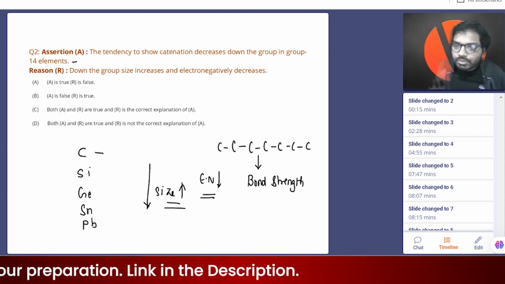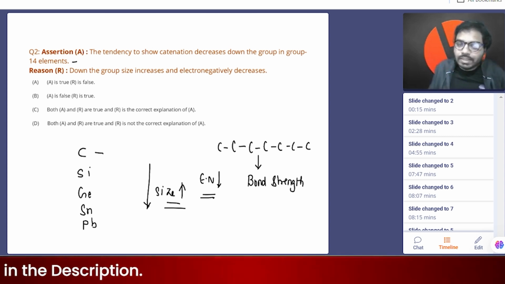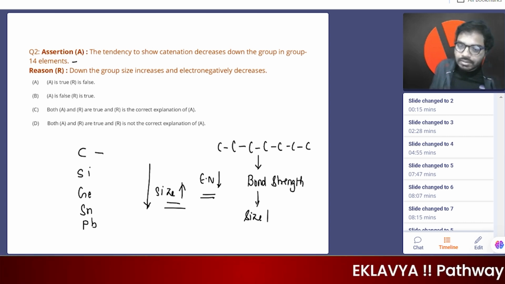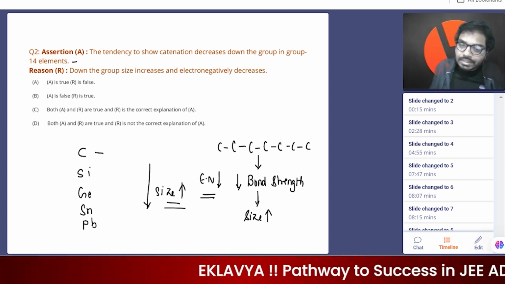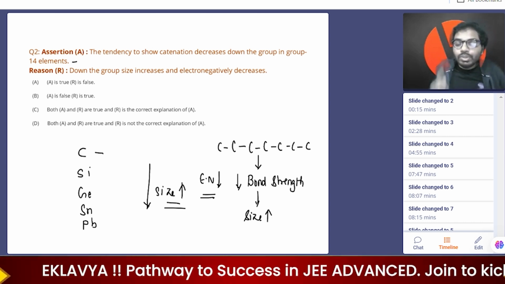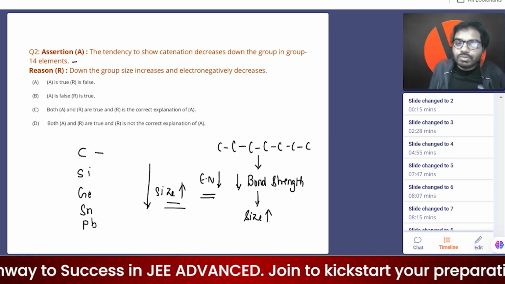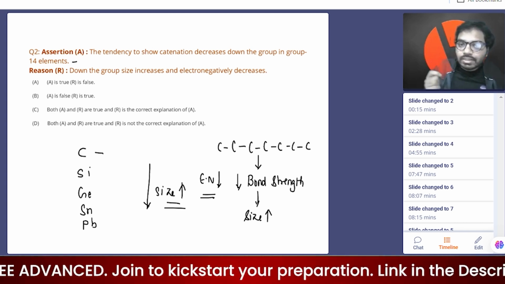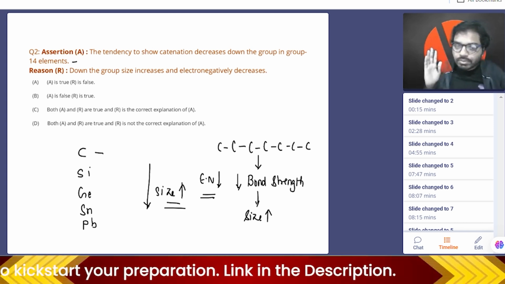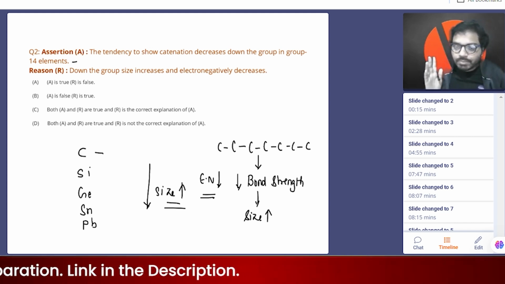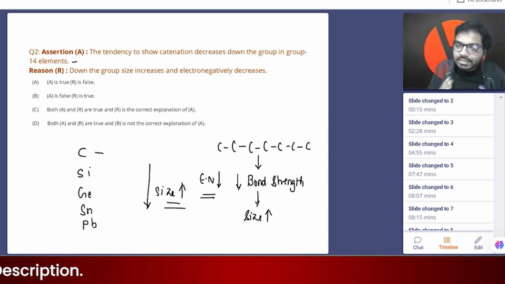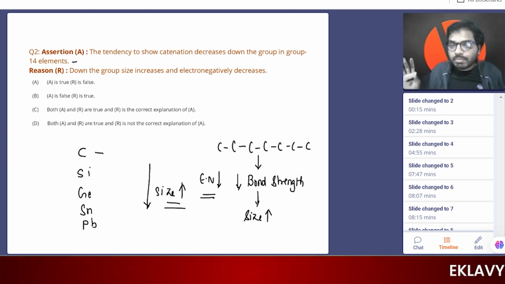So as we go down the group, the bond strength decreases. Why does bond strength decrease? The reason is the size. While going down the group, size increases and bond strength decreases. That's the reason the catenation property decreases down the group. Carbon shows the maximum catenation property, and that's the reason carbon can form millions of compounds, and we have